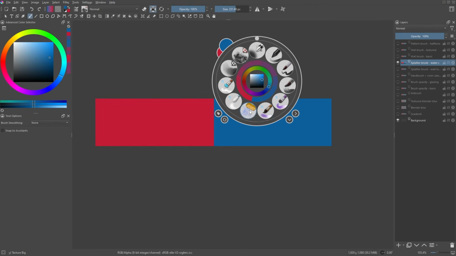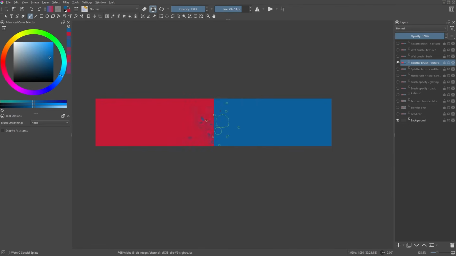Actually, there are many other brush presets that you can utilize. I only show two of them in this video as an overview of what is possible in Krita. Hopefully, these examples encourage you to explore other brush presets on your own. As you can see, the color transition looks more like a rusty metal surface.